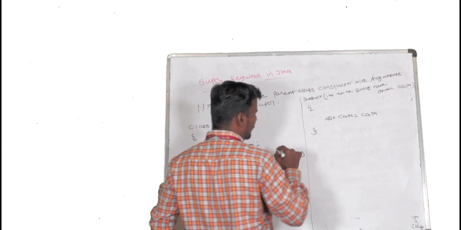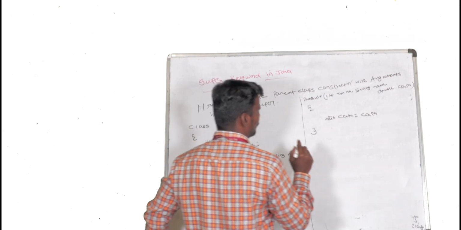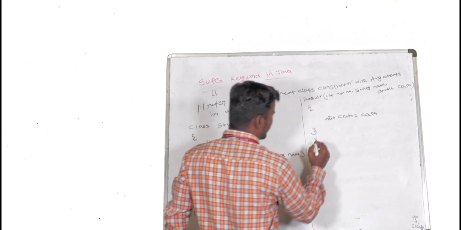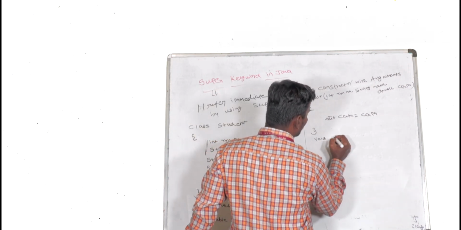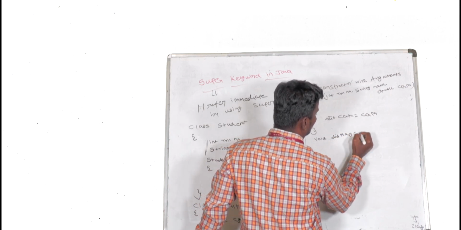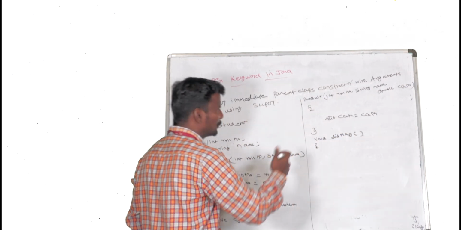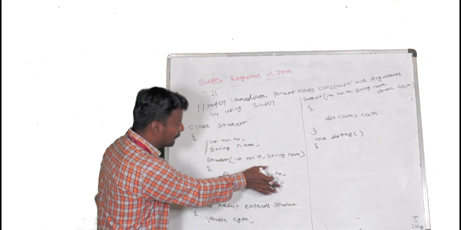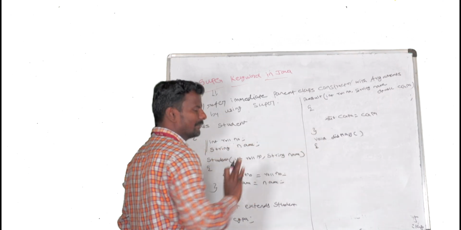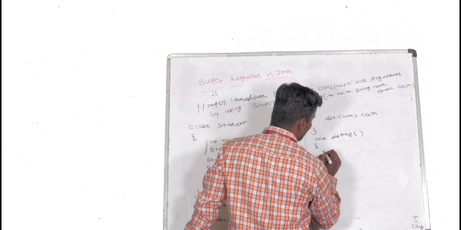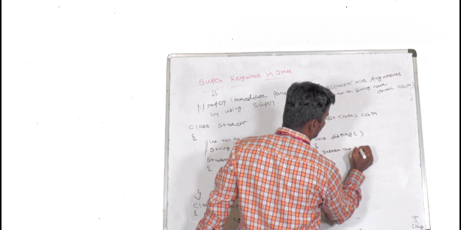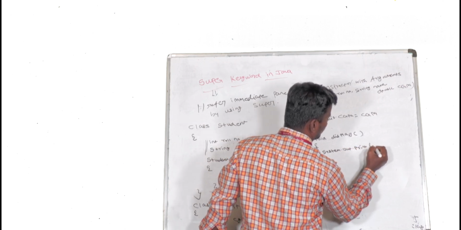So what we have to print, we have to use one method. The name of the method is display. We have to define one method, the display method. The return type is void. Now by using this display method, whatever values we initialize from the parent class and the child class, we have to print all of those here. So System.out.println